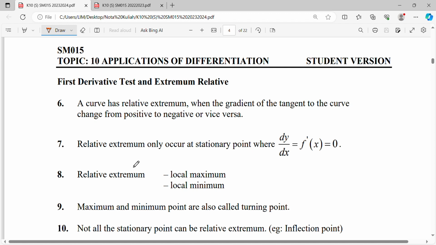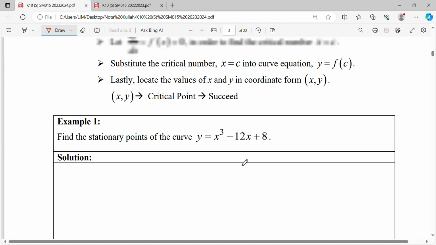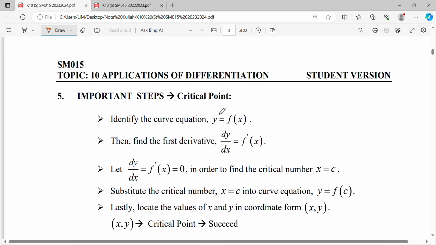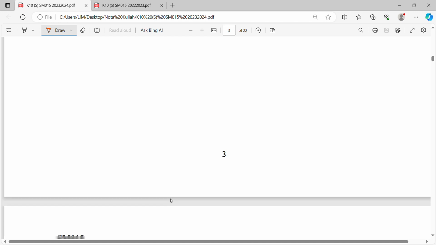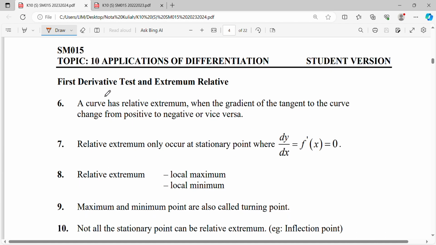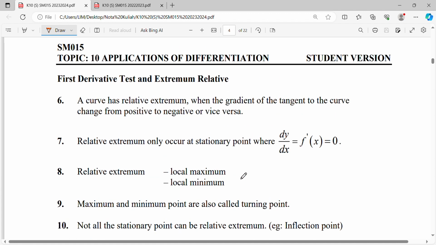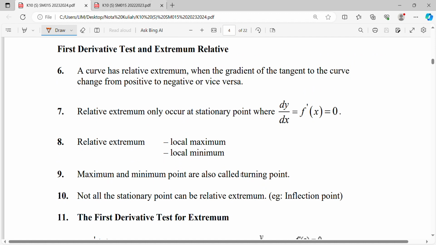So before we can identify our point to be a maximum or minimum, let's revise. First, we have to find our critical point. Once we get our critical point, we can do the first derivative test or the second derivative test so that we can identify whether it is a maximum or minimum. So for the first derivative test,